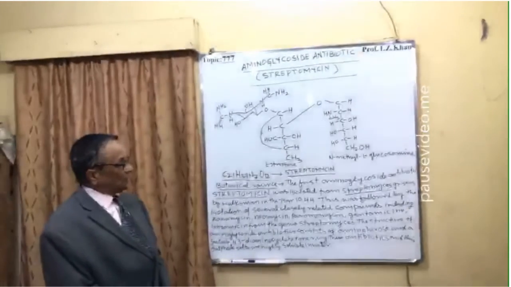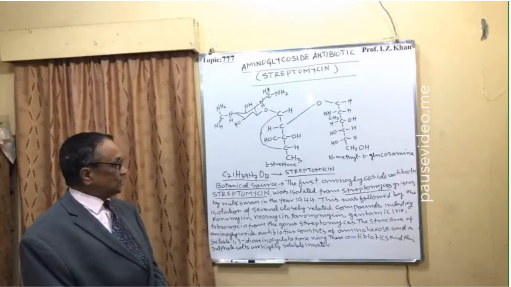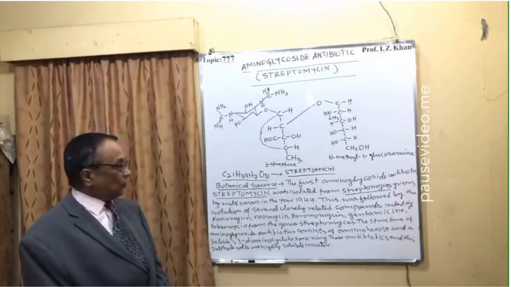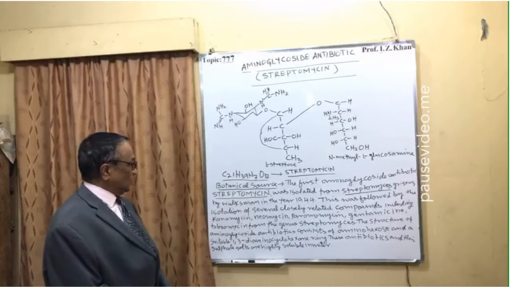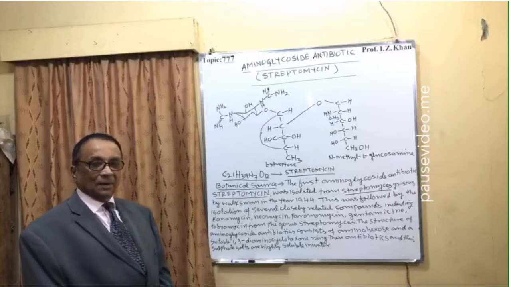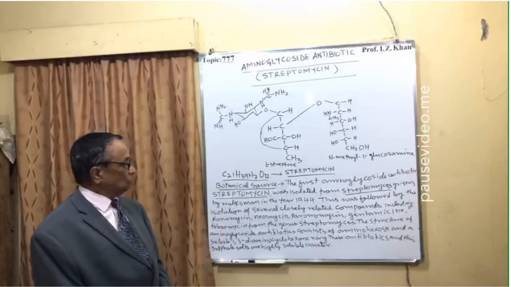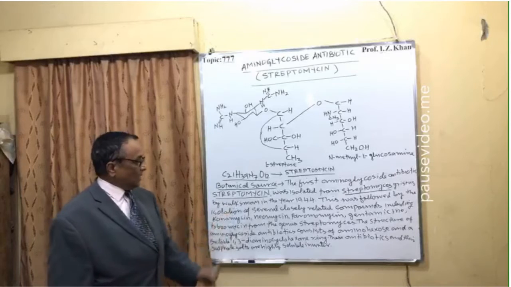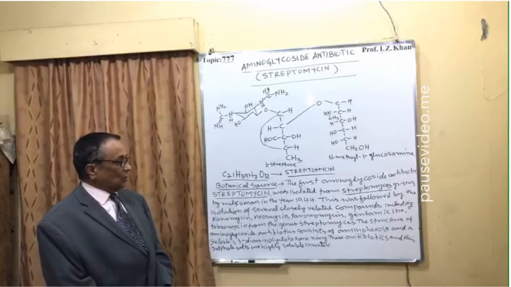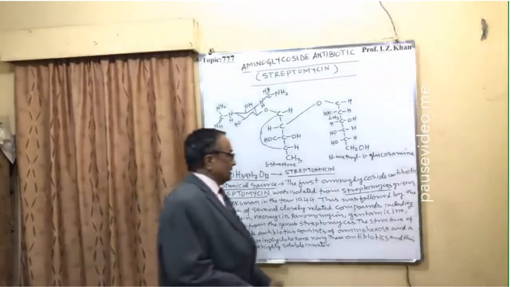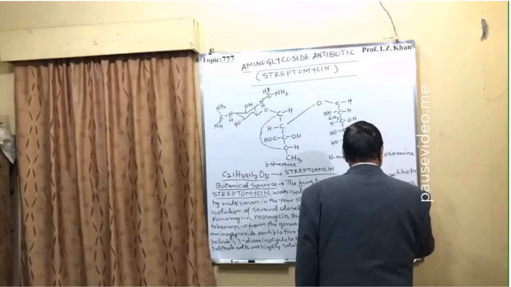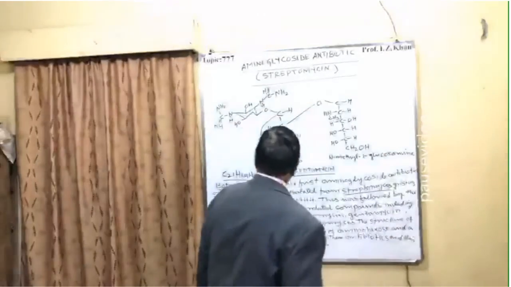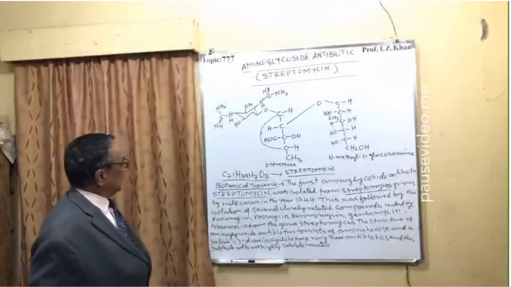Streptomycin was isolated from Streptomyces griseus by Waksman in the year 1944, and this was followed by the isolation of several closely related aminoglycoside antibiotics, and these compounds include kanamycin, neomycin, paromomycin, gentamicin, and tobramycin